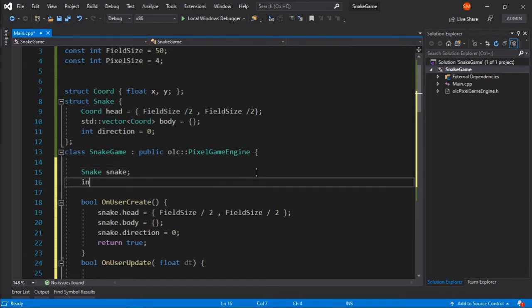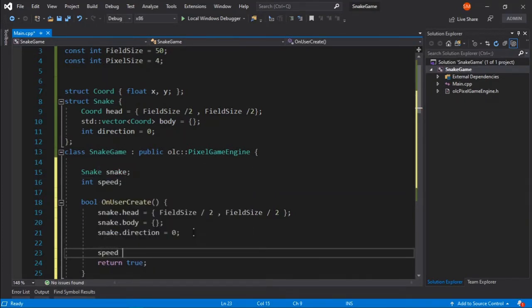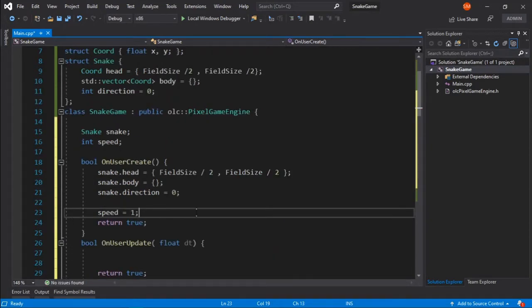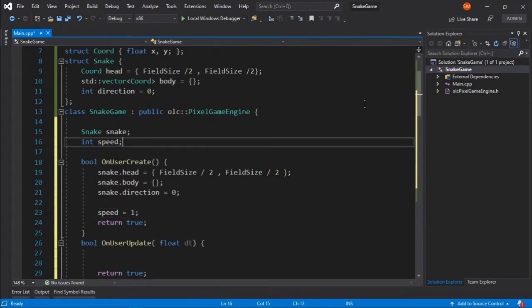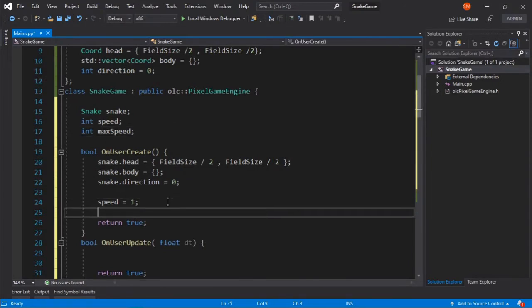So we will have an int speed, and for now I will just set speed to 1 to signify that it's the lowest speed and 8 is the highest, and we have something like int max speed, and let's set max speed to some value like 8.